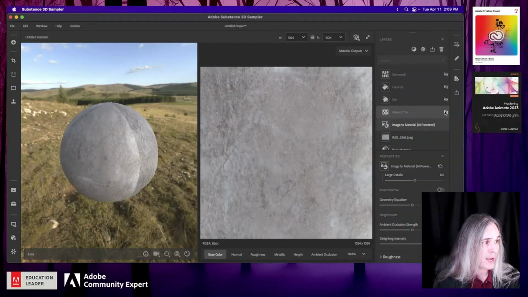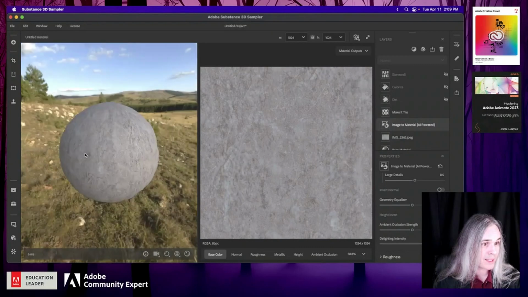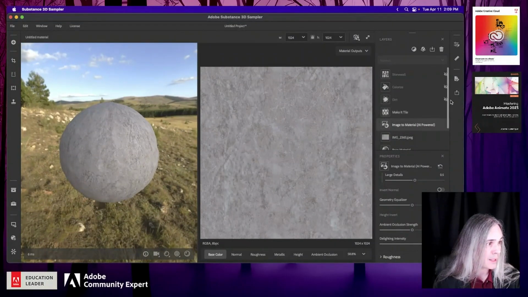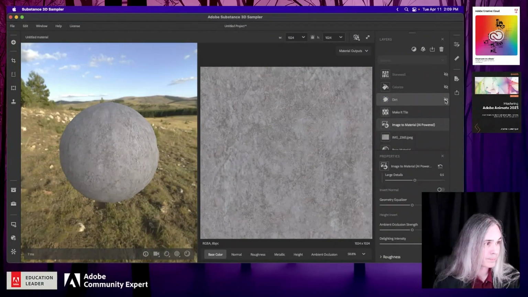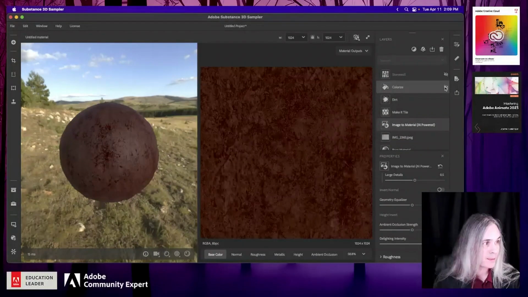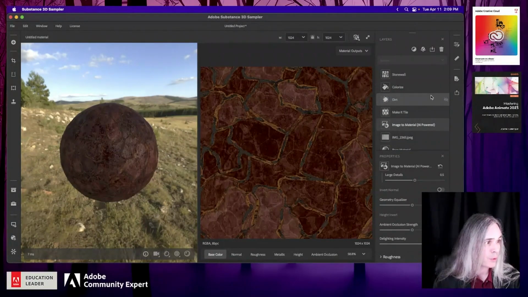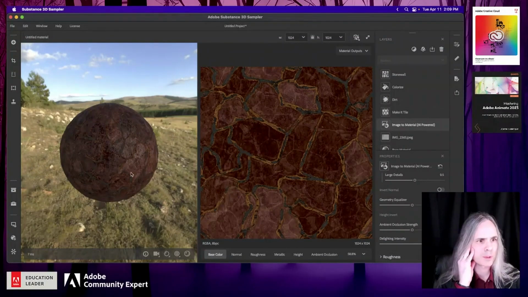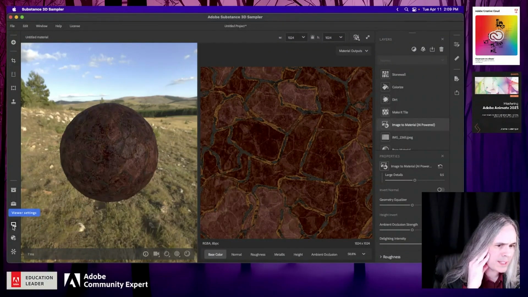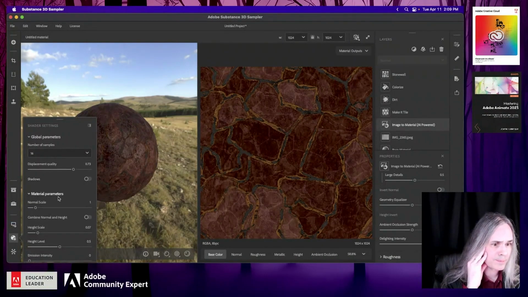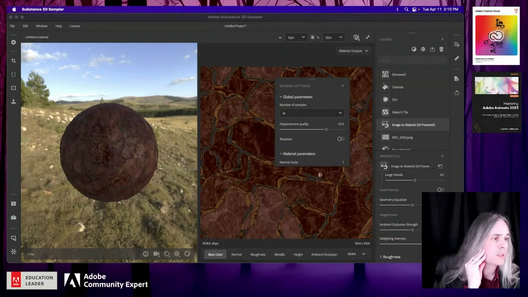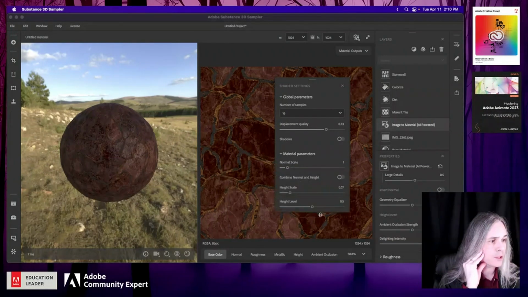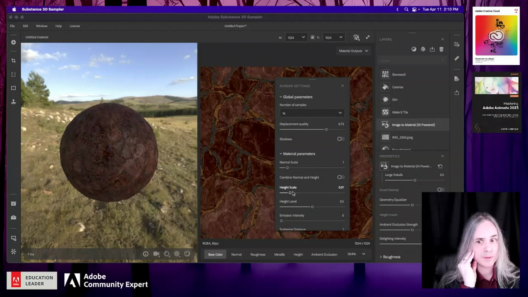Then I chose to add some layer filters like make it tile. And now we've got it tiling nicely. I added some dirt. I colorized it. And then I added stone wall as a filter and tweaked the grout and so forth. Now, of course, if we go in here again to our shader settings and change, let's move that over there again. And if we change our height scale, right,